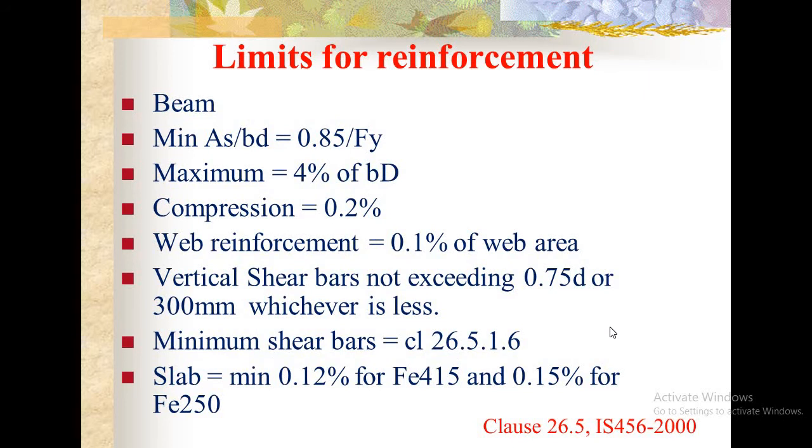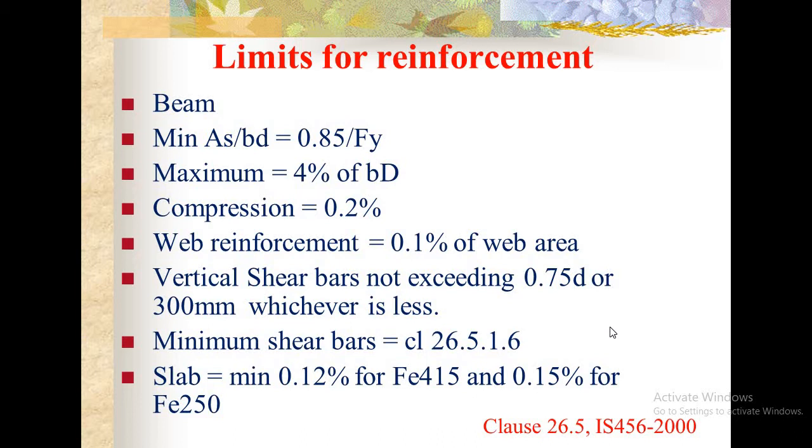The limits of reinforcement as per beam: you can design as per the design procedure and find the exact quantity of the reinforcement, but the maximum quantity of reinforcement required is 4% of the BD. In compression member, 0.2%. Web reinforcement is 0.1% of web area. Vertical shear bars spacing not exceeding 0.75 D or 300 mm, whichever is less. Minimum shear bars as per